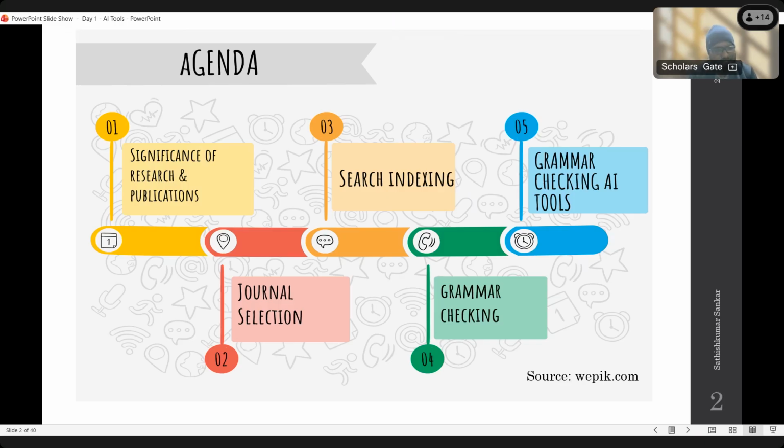The second one is journal selection. It is a big question. Many researchers I know are paying. Nowadays also, there are people with 10 years of teaching experience after completing MTech who then go for a PhD. At that time they go for paid publication, 1 lakh rupees, 1,50,000 rupees, for getting the PhD. It is not good.